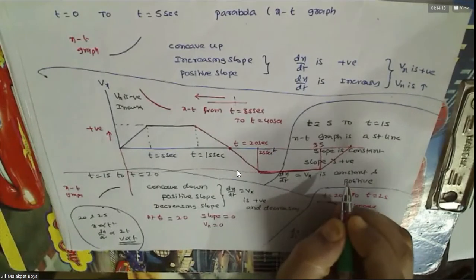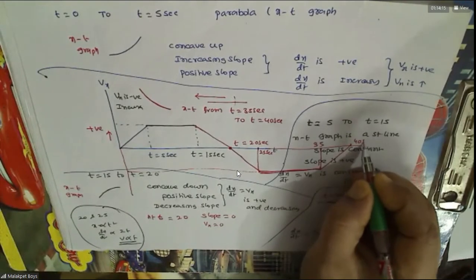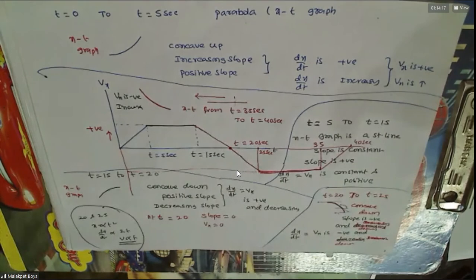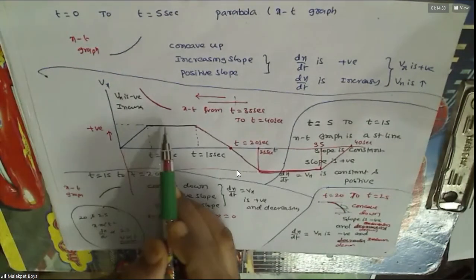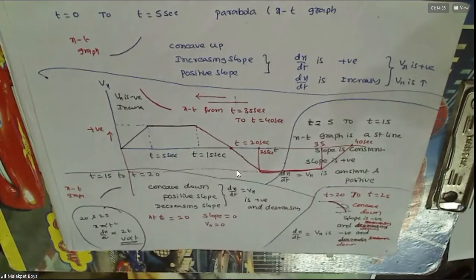See, you can see at t equals 40 seconds, what is the velocity from the graph? At t equals 40, it will be 0, because the slope is 0. Any doubt in this? Like this, you should analyze. Don't just mug up like this, like this. How many graphs will you remember? It's very difficult. Is any doubt there in this part?